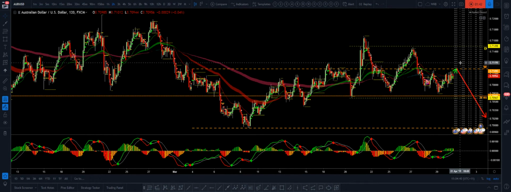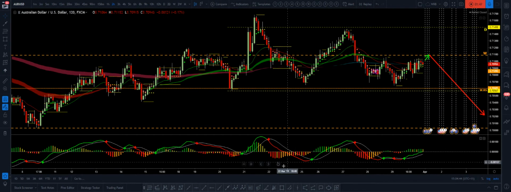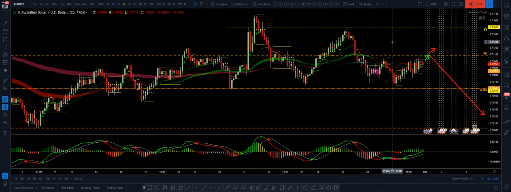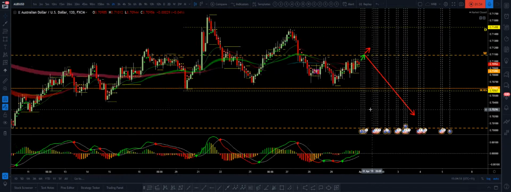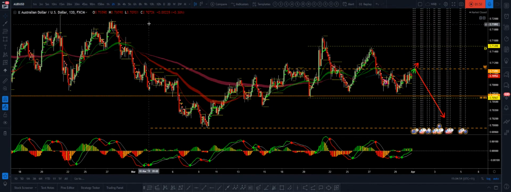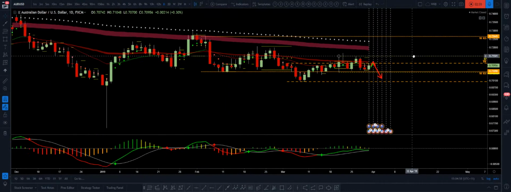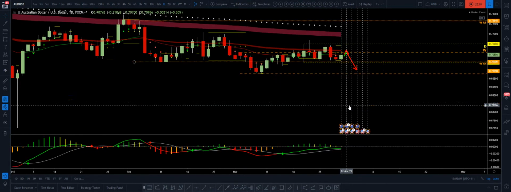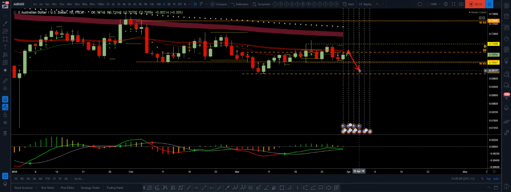Or if going up like 70.20, maybe a little bit more, yep, I'm still looking for sell. So for Aussie dollar, I'm still looking for sell from daily chart. You can see daily chart. If break down 70.60 here, yeah, 70.60, then we go down to